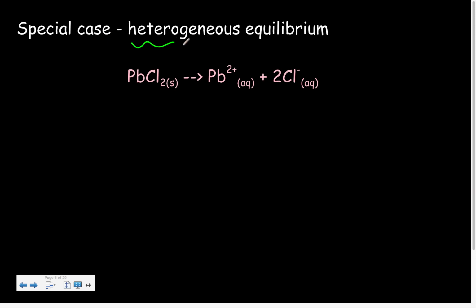Now, special case of heterogeneous equilibrium, wherein not everybody is in the same state. Here we see that this is a solid that forms two aqueous products, and not mentioned is that this is the dissolving. This goes back to that section where we talked about activities of pure substances. Aqueous means a solution, solid is a pure substance. When a pure substance is intermingled with a bunch of mixture stuff, it is always going to be excluded from our equilibrium expression. So our equilibrium expression here is going to be